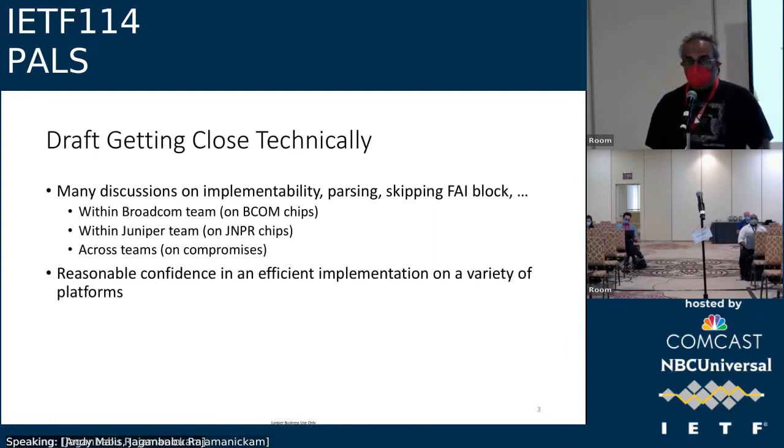So as I said, we've had many discussions on this draft within Juniper, between us and folks in Broadcom. We made a few pretty big changes in this last revision that we think will really help make this easier to implement on both our own chips as well as on Broadcom. So the big change is to replace continuation bits with length fields, and I'll get into that in a second. But the upshot of this is we're fairly confident that this can be implemented efficiently, and in fact, that's where we'll go next.